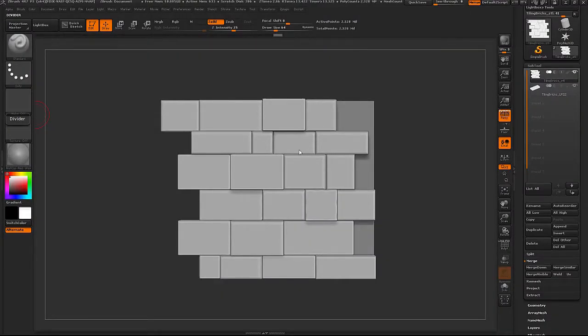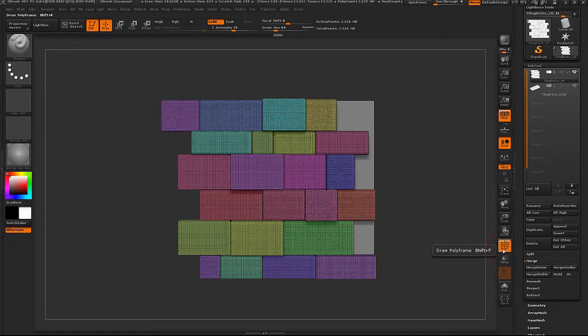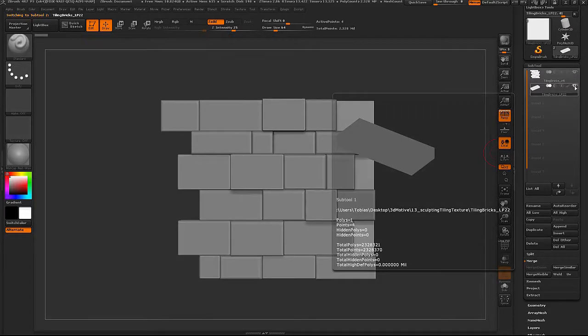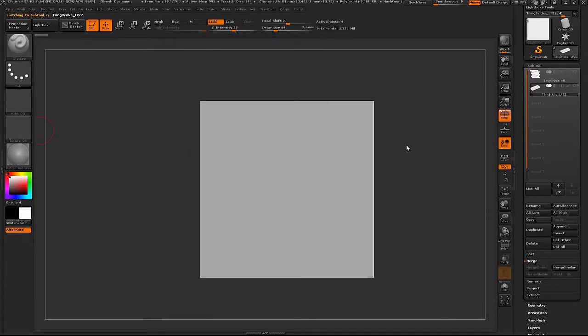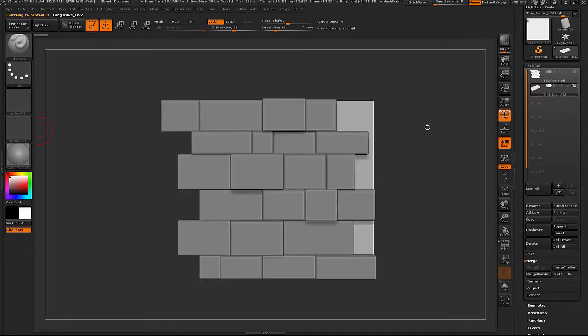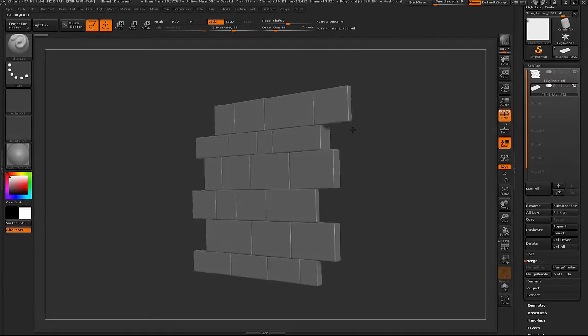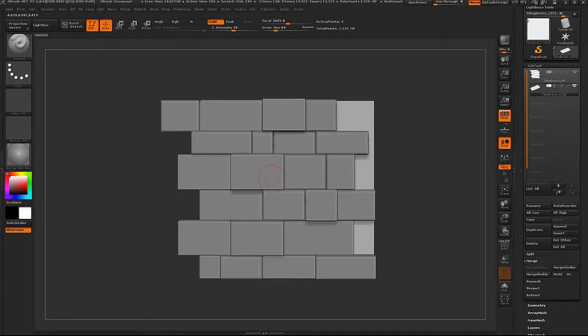In ZBrush I already have dynameshed my model and I applied the polygroups. Please make sure that you keep the bricks and the plane separate, because later we're going to use the plane to render out the exact dimensions of our tiling texture, and we're going to tile the bricks on top of it. But for now I'm just going to show you a few more sculpting things, and then this will conclude